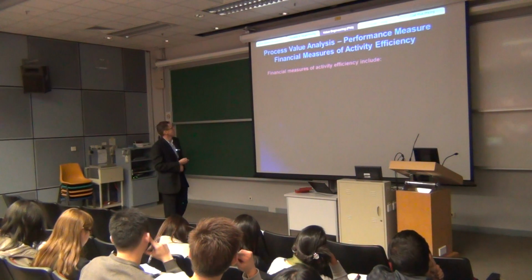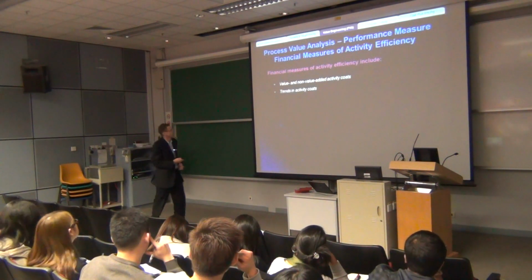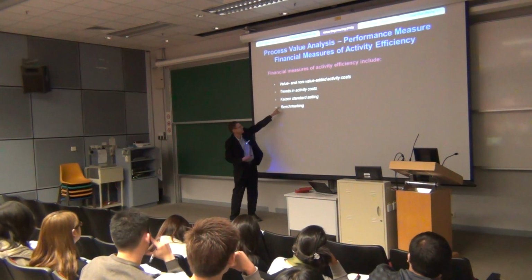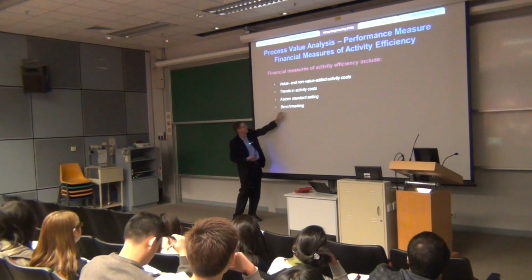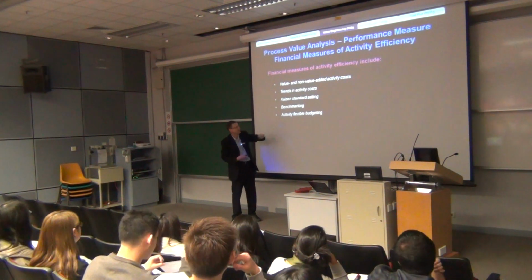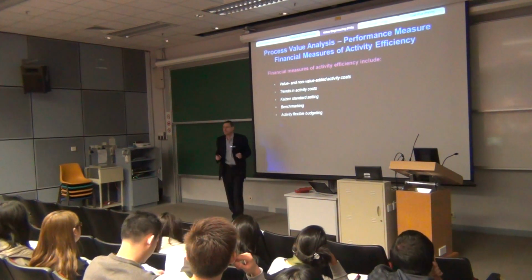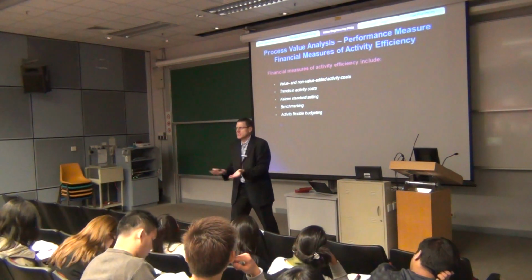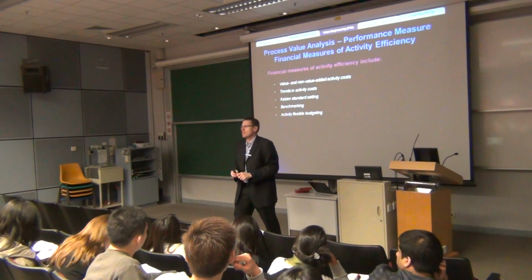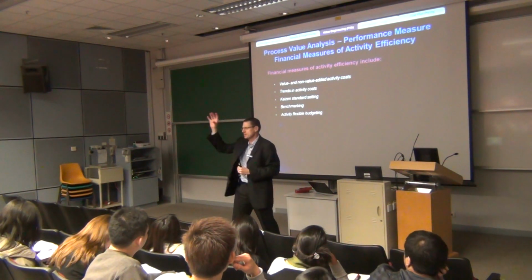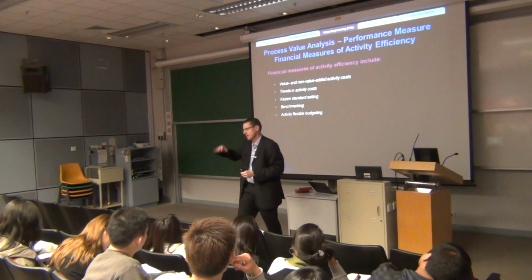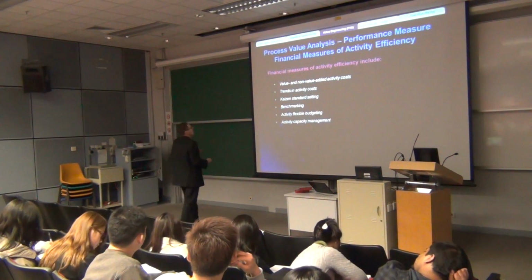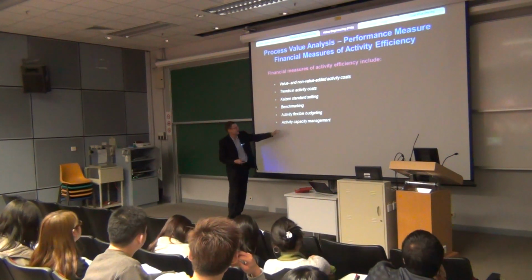Okay, financial measures of activity could be value, non-value activity costs, trends in activity costs, Kaizen standards. This is a Japanese approach, target costing type, benchmarking, activity flexible budgeting. Benchmarking is a comparison of your performance on particular dimensions with average performance in your sector or industry, and maybe in comparison with the top 10%, bottom 10%, where are you, something like that, which is what I'm trying to do with this China Supply 1000 project. So there's also activity capacity management.